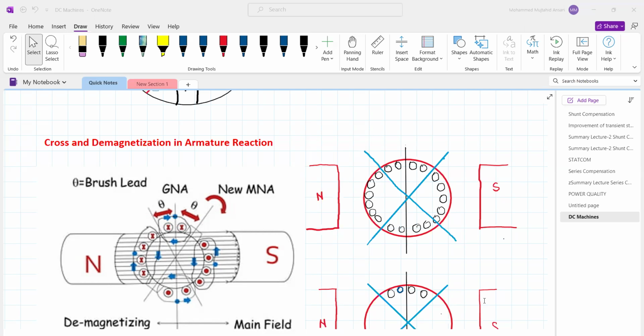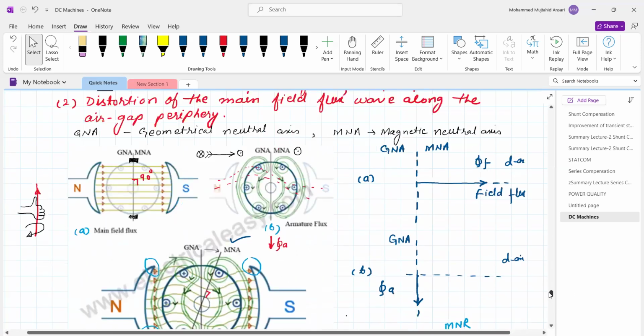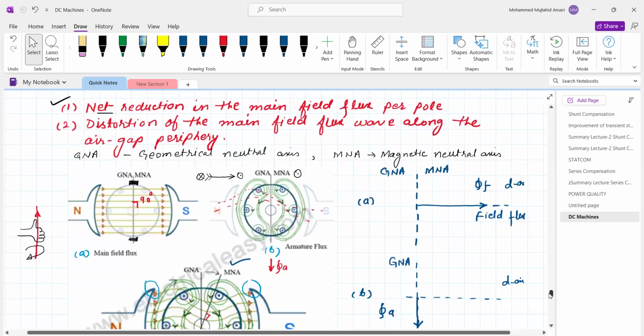In the previous lecture, we already discussed what armature reaction is. So we will just take a review because it is better for understanding. Armature reaction is nothing but the effect of the armature magnetic flux over the main magnetic flux, and